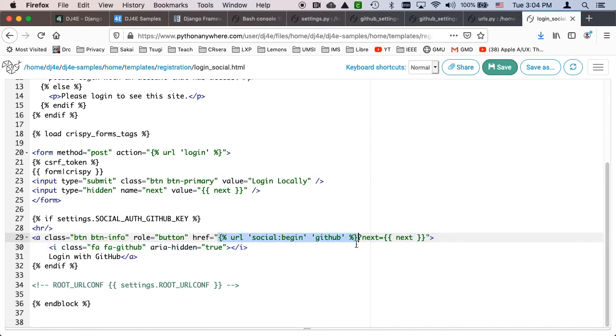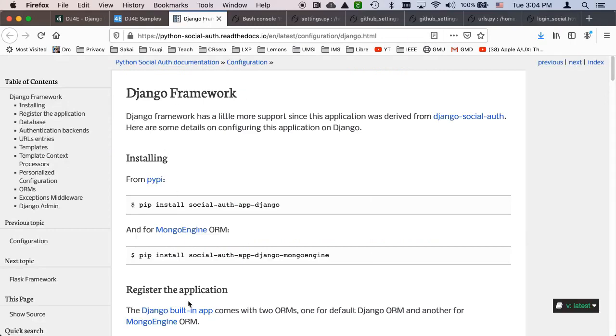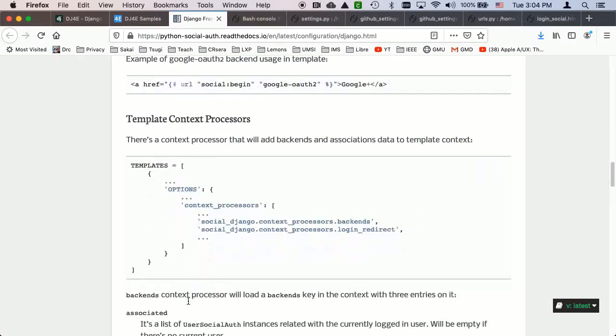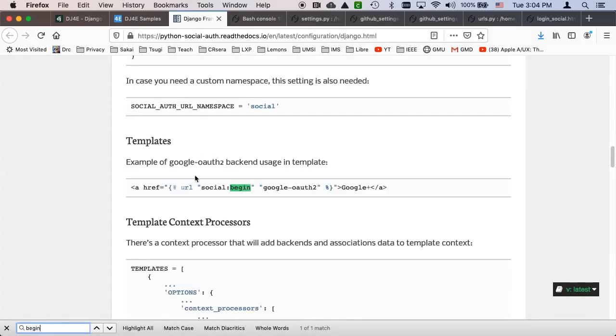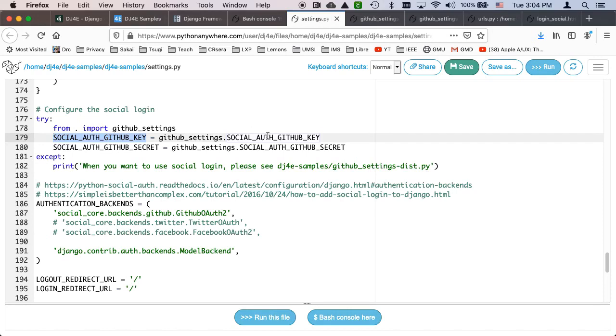And this is something that's documented in this Django framework. Somewhere in here is the begin. Yeah, so this is an example of how you call Google. So you do this social colon begin. And this social, going back to settings.py,